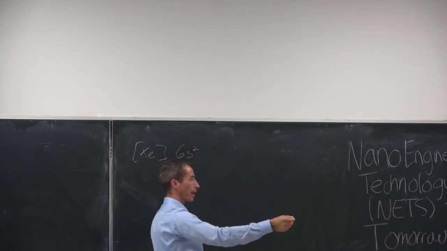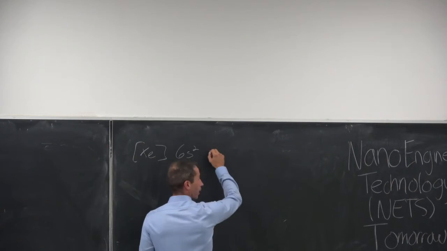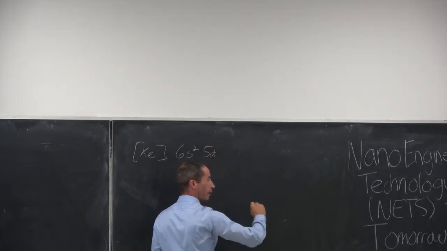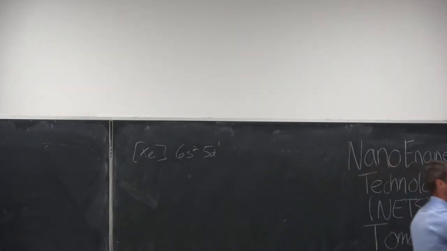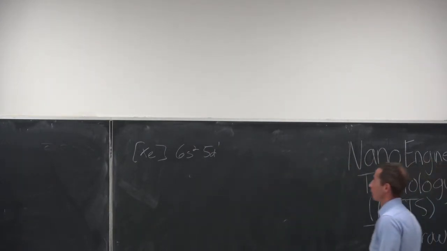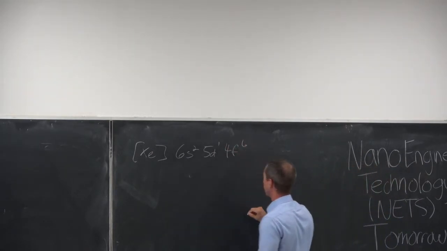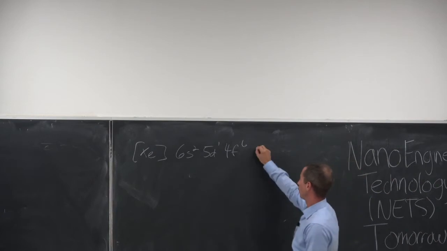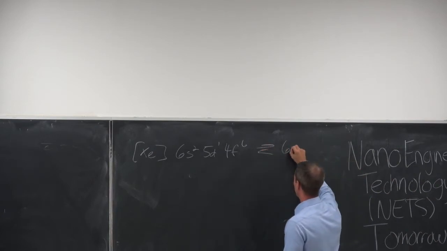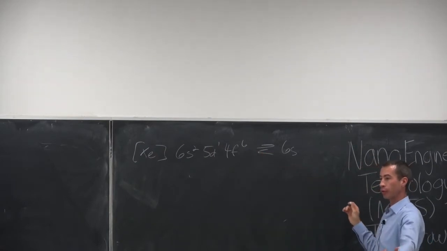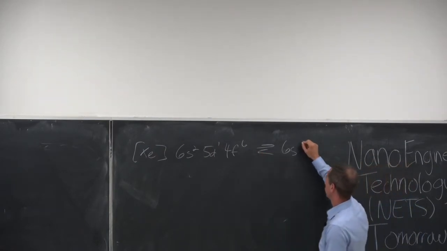If you were just to write it as you would expect, that would be 5d1, and then 1, 2, 3, 4, 5, 6: 4f6. But what this also tends to do is hop over here to make that a half full shell